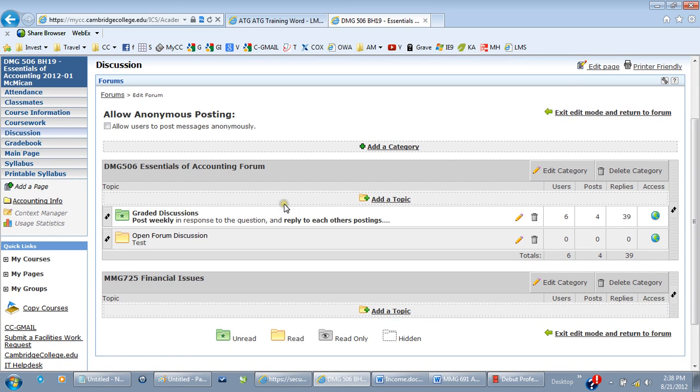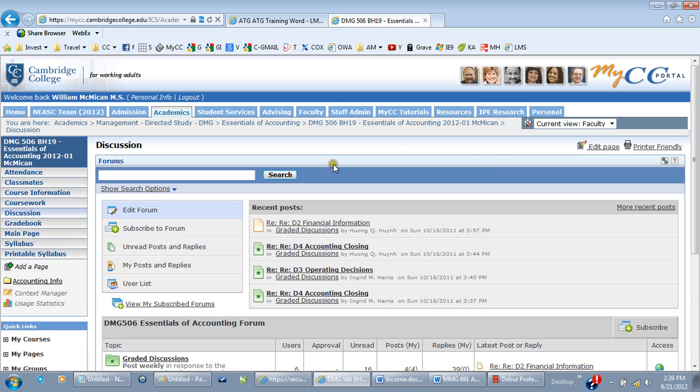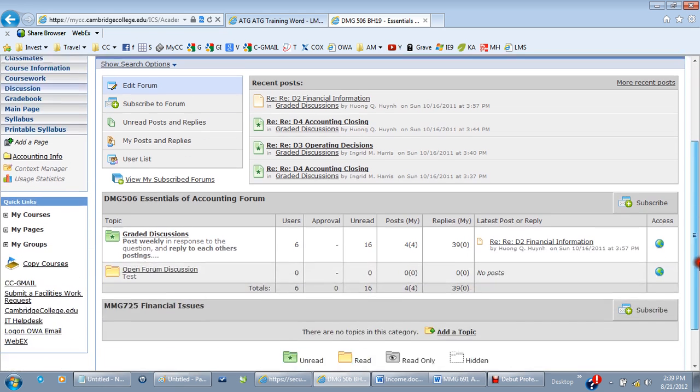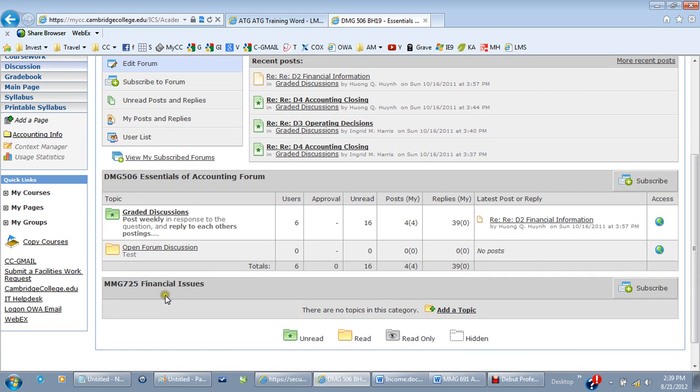So I have again categories. This has 2, Essentials of Accounting and Financial, and it has 2 topics within this particular posting here. One of them says it's got nothing, it hasn't been read, and the other one has graded discussions. So I go to the top, the green back arrow, and I exit that. Now I'm looking at my discussion forum, and I can see the same structure here. Graded discussions. If I go to my open discussion forum,